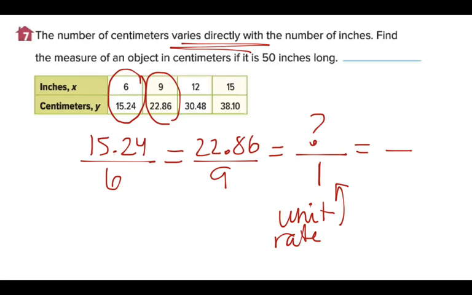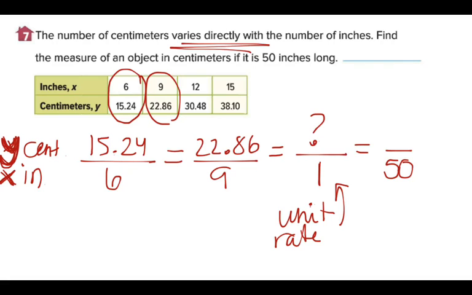Okay, this is my centimeters. This is my inches. Okay, just so I'm clear when I'm writing everything out, I'm not making any mistakes. So I want 50 inches long. So if I can find my unit rate, I can figure out 50. Okay, so to help me find my unit rate,